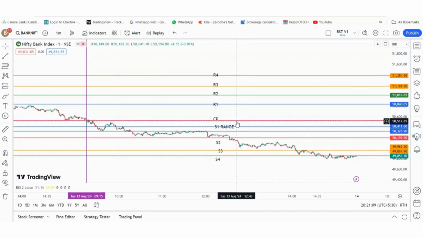here I had one central pivot, then R1, R2, R3, R4, and then S1. There was a range, actually 2 lines are there. So there was a range for S1 in which it was supposed to move, and then we had S2, S3 and S4. So how the market behaved today, you can see it had started just from the pivot